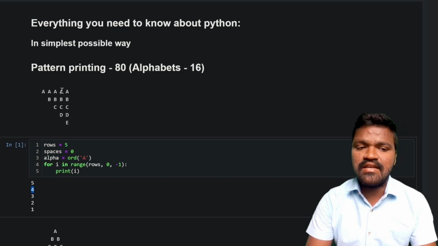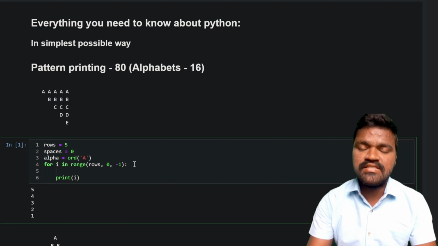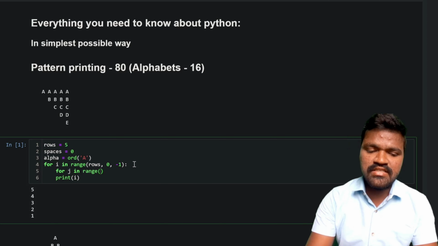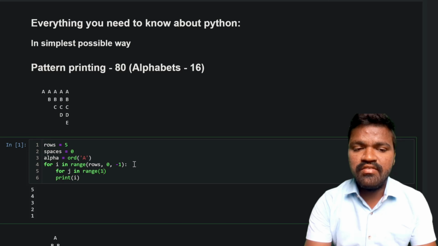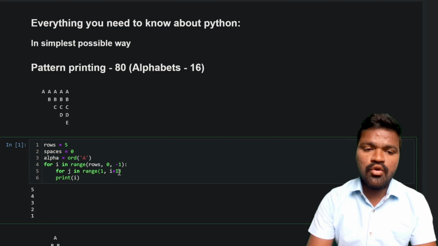So for that reason, in order to generate this many number of values in every single row, we will use another for loop inside of this loop, which is for j in range. As we have discussed previously, we will start with 1 and go till the value of I plus 1. Starting with 1 is very normal and going till the value of I is important. But I am mentioning plus 1 because by the functionality of this range, we will be stopped at the